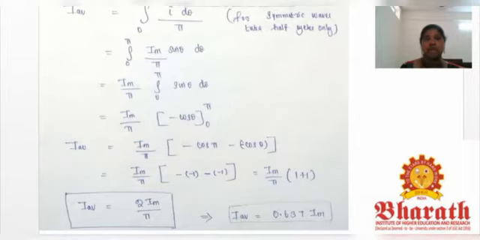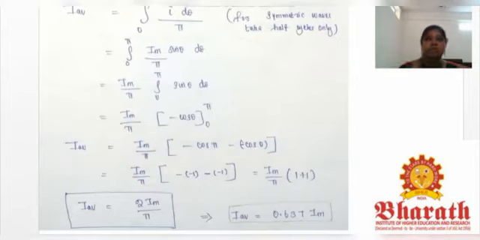Why? Because I have considered a symmetric waveform. A symmetric waveform is nothing but one where the positive half cycle and negative half cycle are the same. That is, the positive half cycle 0 to pi and pi to 2 pi will be the same. They will have the same maximum value between the positive half cycle and the negative half cycle. The time to complete 0 to pi and pi to 2 pi will be the same. In that condition we call such a waveform a symmetric waveform. So if you calculate the average value for 0 to pi, the same will be the value for pi to 2 pi also.